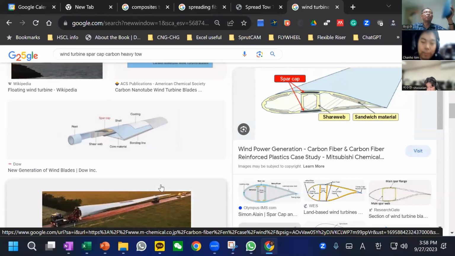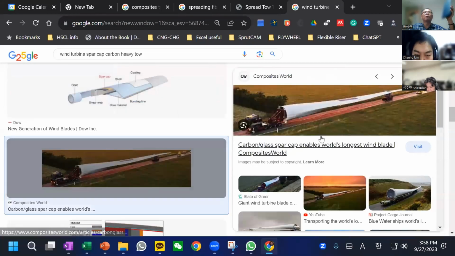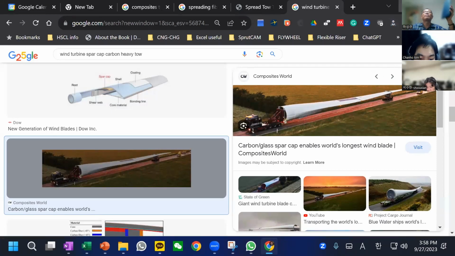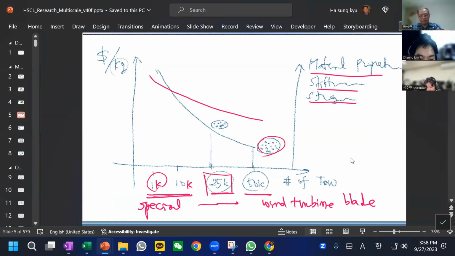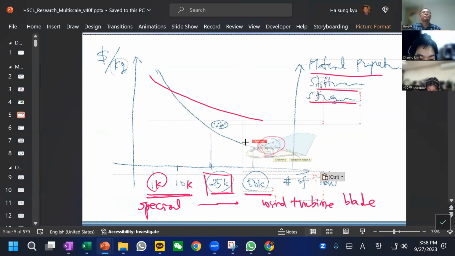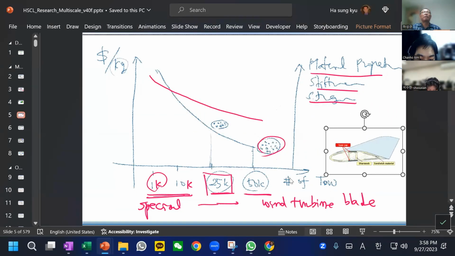Man, it is huge. You can imagine that this is a truck and transportation of one blade, and you can see how much carbon fiber is in there, the pre-preg, tow preg. So I will just add here for your reference, and the spar cap will be used for the tow preg